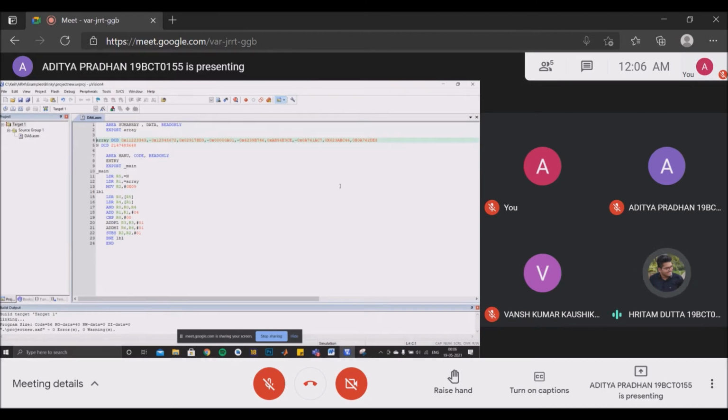R2 stores the count of the elements, which is 9. We have given a total of 9 elements in this array. It is being initialized in the register R2, as you can see in line number 13. You can see in line number 4, we have written a particular code. It's written array DCD. DCD is define constant double word. In the ARM processor, it is the assembler directive for data. Like in 8086, for 16 bit word data it is DW, similarly here in ARM, we have given DCD.